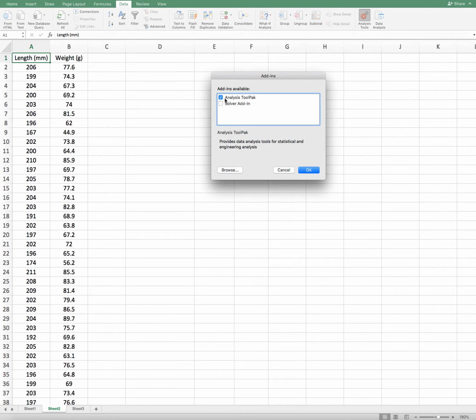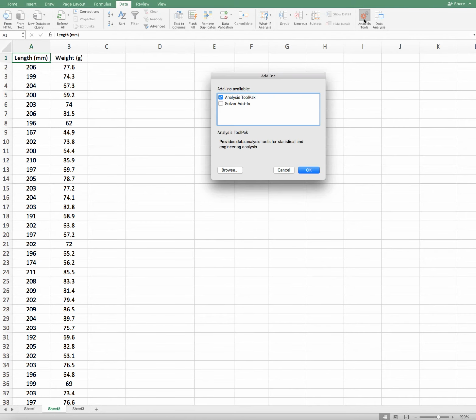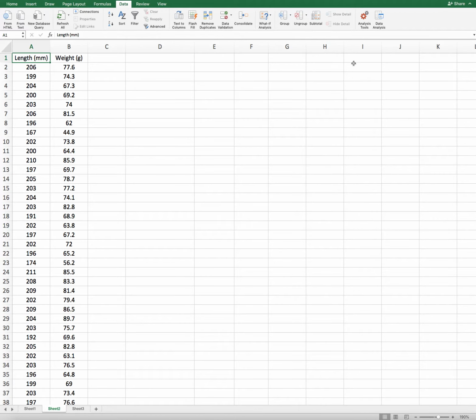Click on the Analysis ToolPak and then OK. If you are using the Mac version of Excel, you will find this analysis tool here; click the Add-ins, Analysis ToolPak and just click on it. Then this Data Analysis tab will be available in your Excel.